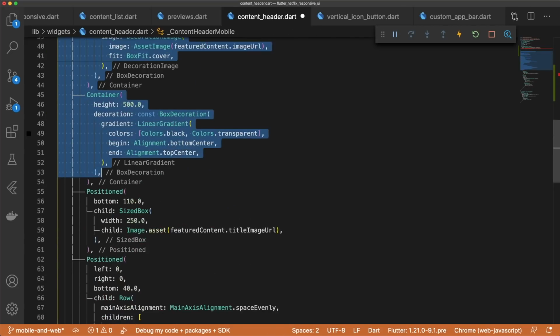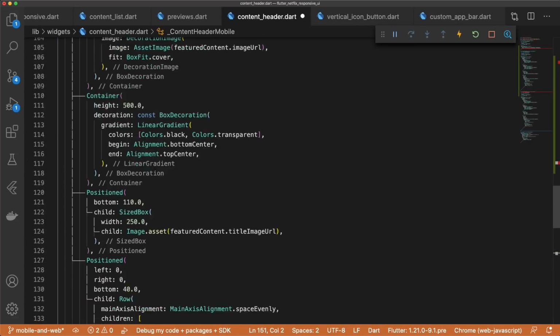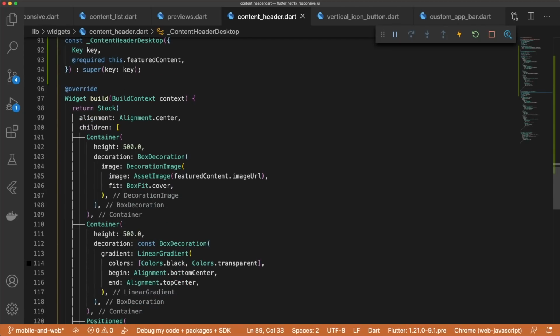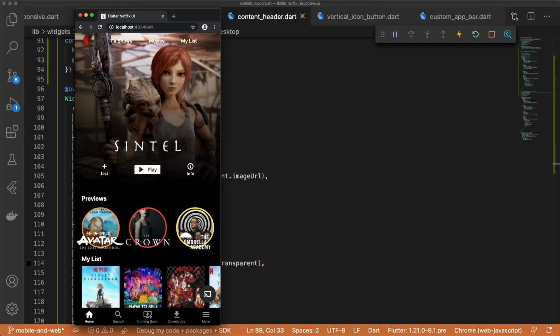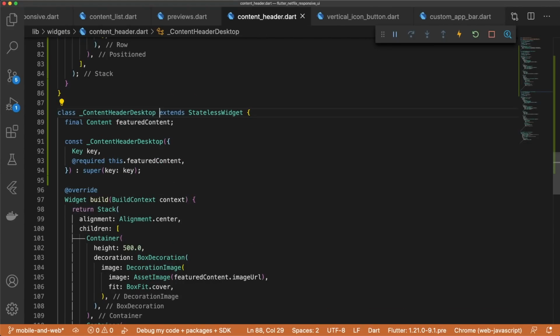Let's copy content header mobile and paste it below. This time we'll change mobile to desktop. And now if we check the web version, we can see that everything's still rendering correctly. So let's get started. The first thing we need to do